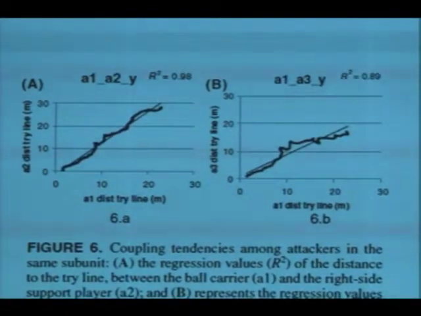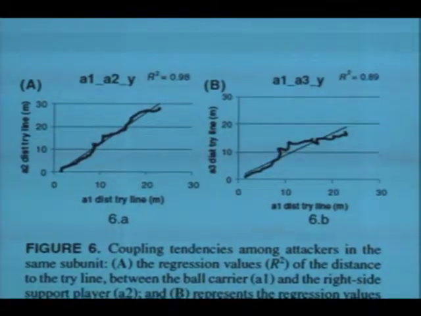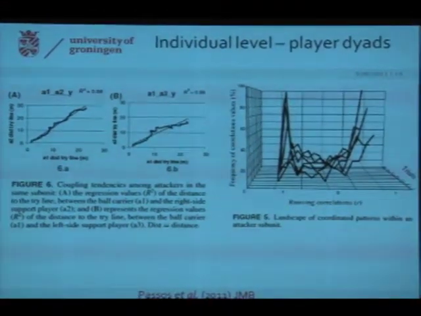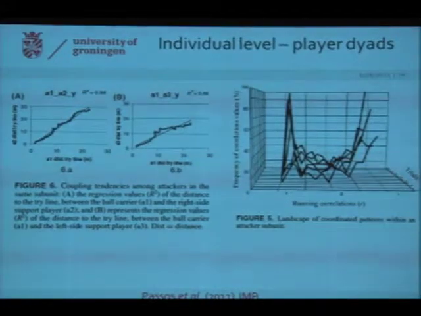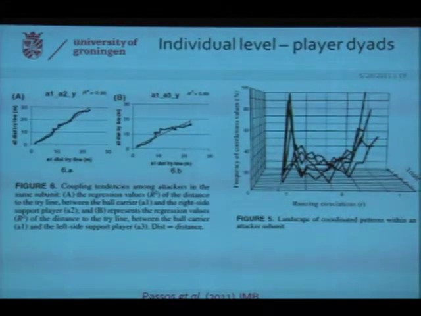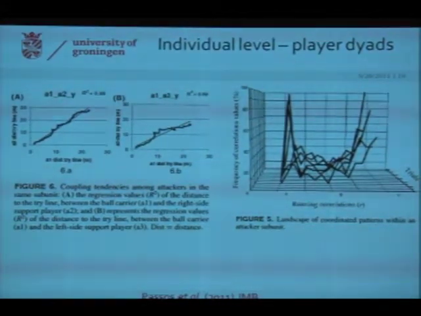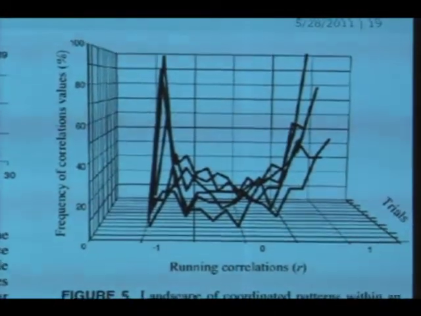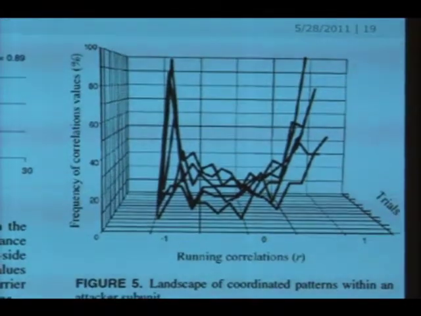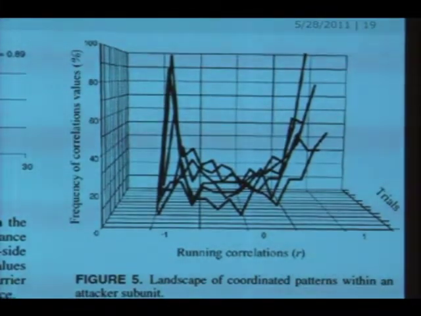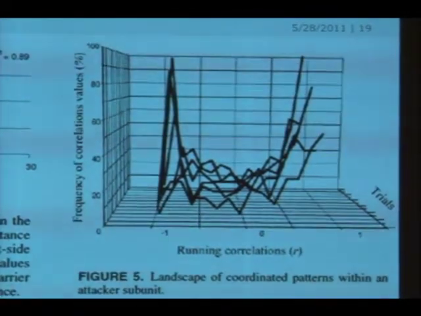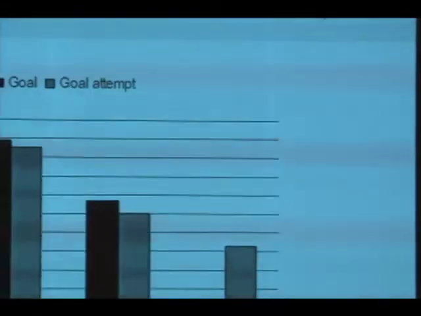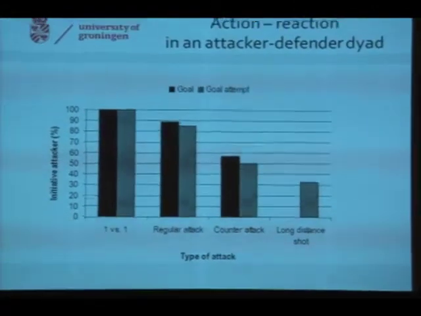And when we now go to this graph, we see that attackers either do the opposite, preferably, or do exactly the same. And this is based on the distance between the attackers, in an attacker-attacker dyad. And you can do similar things for